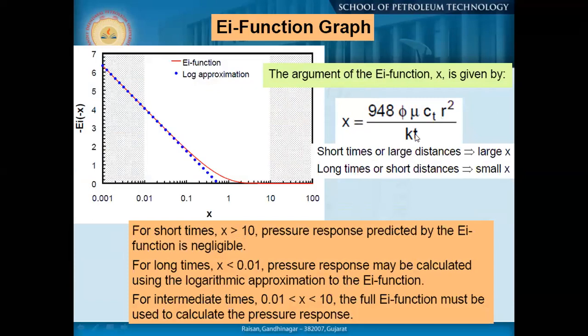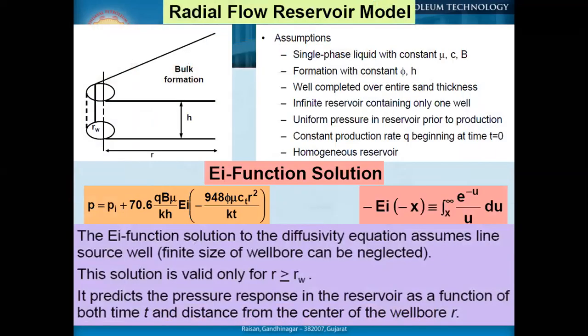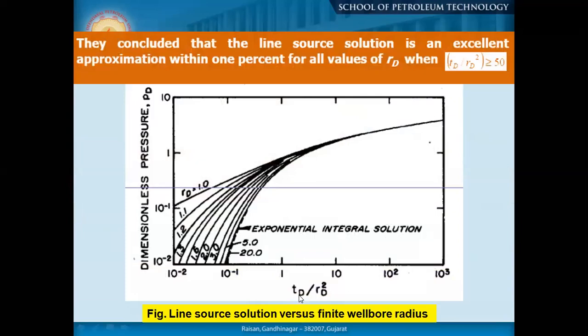So if you just try to visualize, when we test our well and allow it to flow, you see the pressure pulses right from the wellbore. It will move slowly, and we try to record the pressure simultaneously. So we need to approximate many things when we are using the diffusivity equation for solving with the help of line source solutions. Okay, if we just see this graph, this t_D over r_D squared is the inverse of our x actually, and this is the dimensionless pressure.